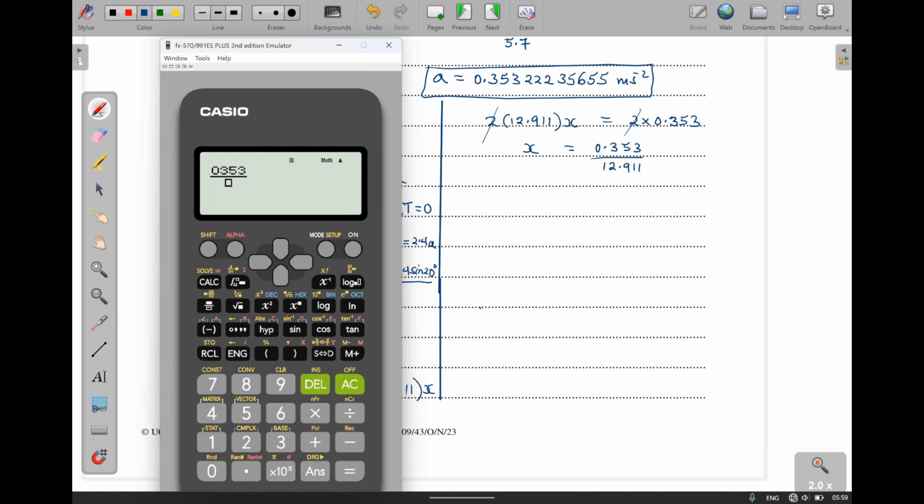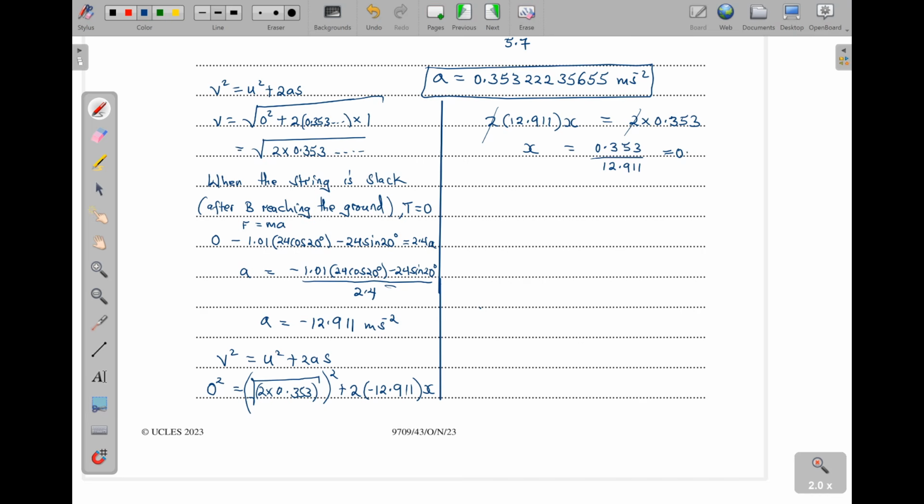0.353 divided by 12.911. We get 0.02734. So meaning total distance traveled by A